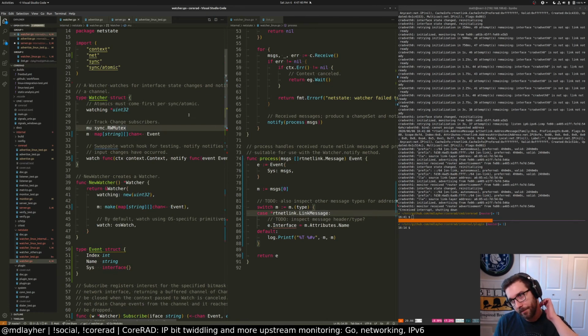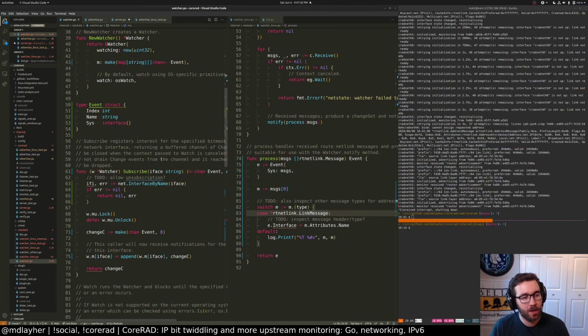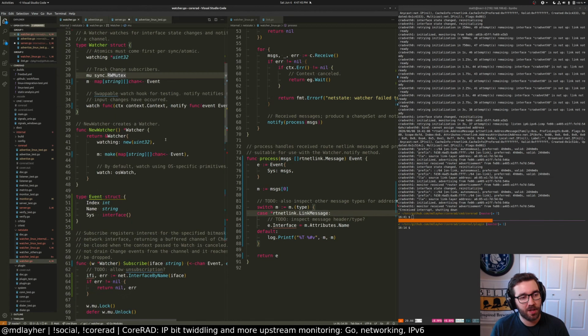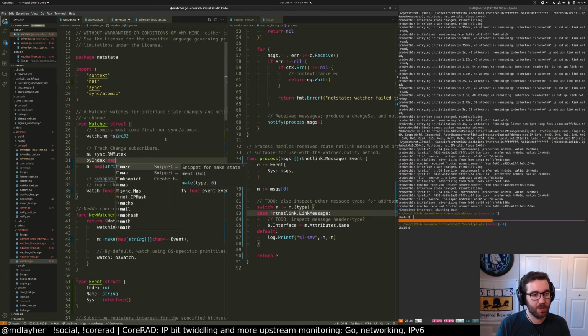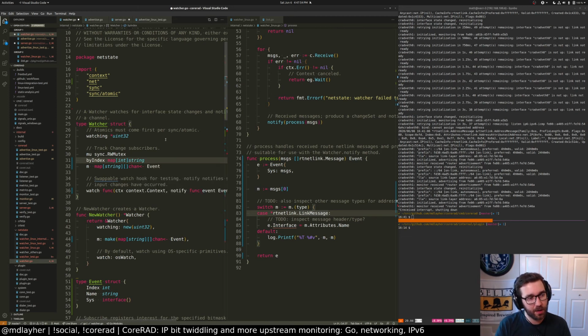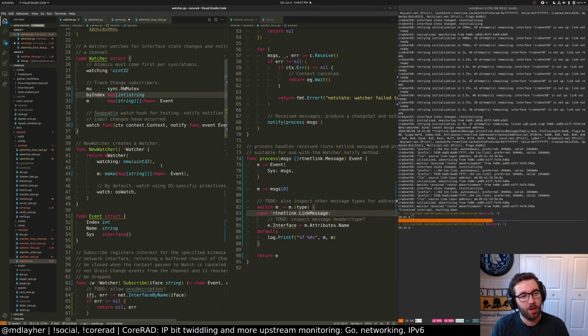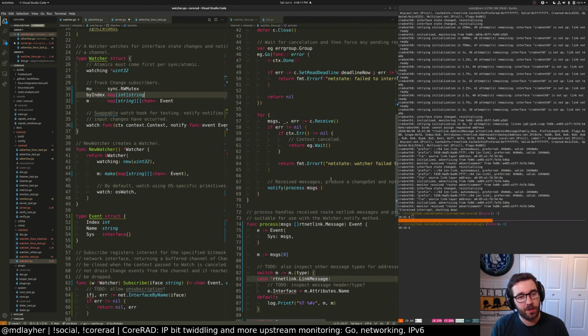So we need to lock the same mutex. I guess probably we would. Yeah. So by index map int to string, because then we could put in the interface index and everything as well. This will tell us which kind of event we need to generate for a caller who is interested.